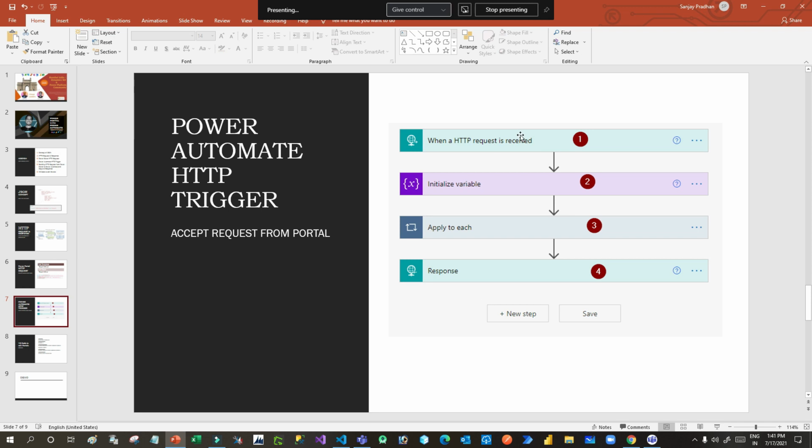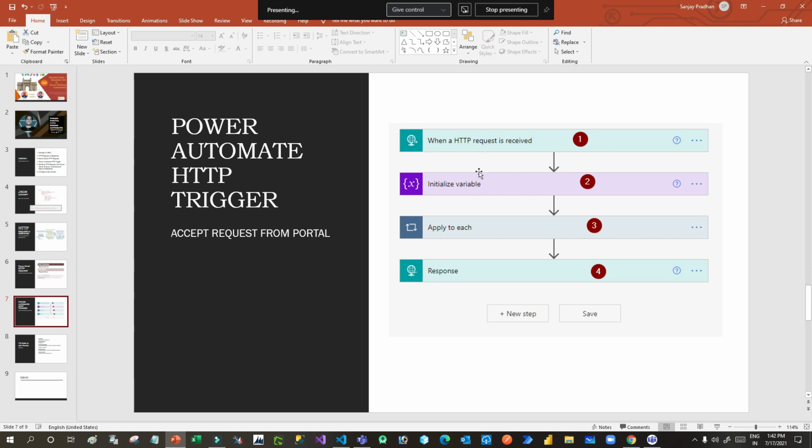This trigger identifies whether a request is received from a third-party server or third-party client. If the portal or some website sends an HTTP request to Power Automate, then the trigger called When a HTTP request is received will identify that the request is received, and what needs to be done with that request, then we have to add our steps.